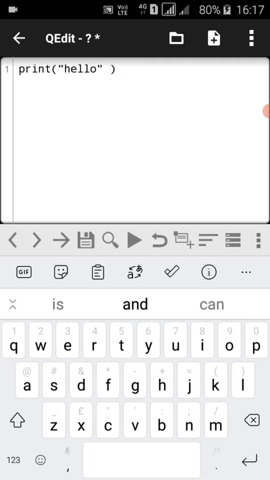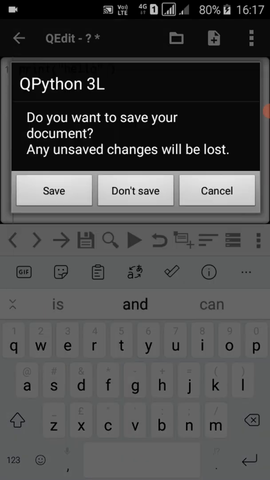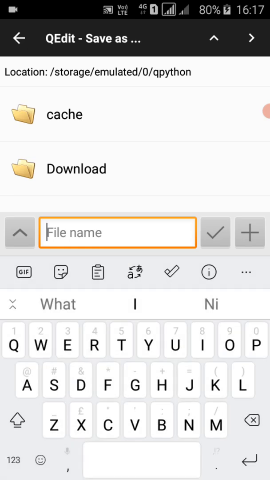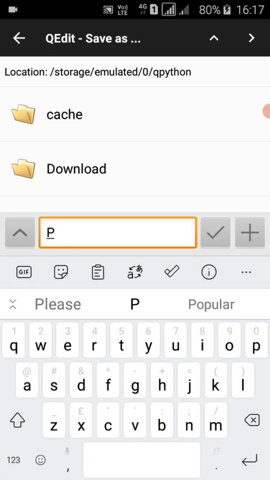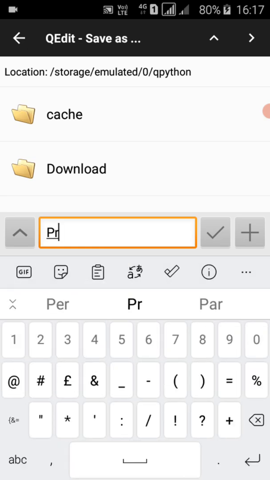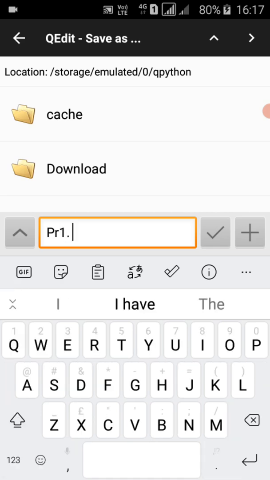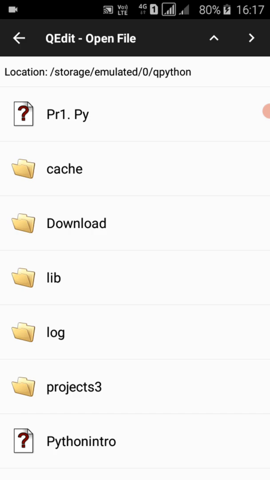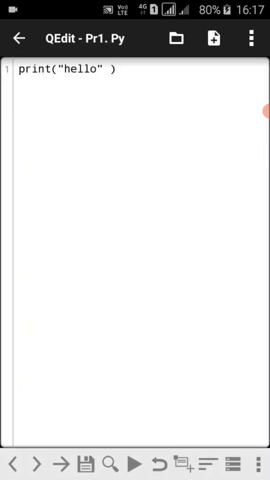Now save this file. Save as program1, pr1.py. Save the file with the name pr1.py. Now open this file.